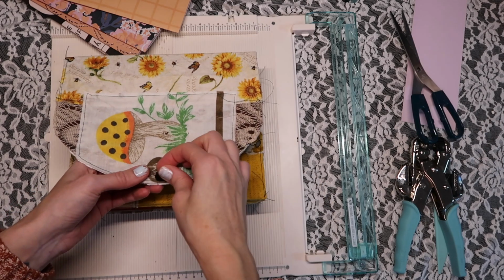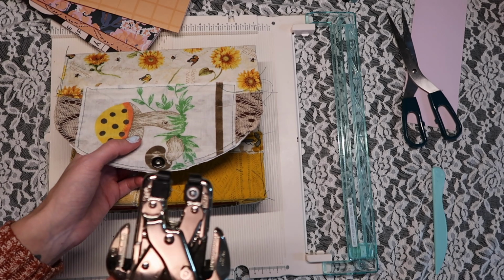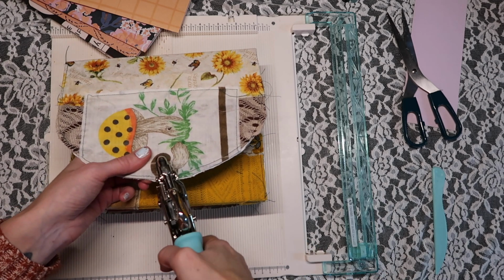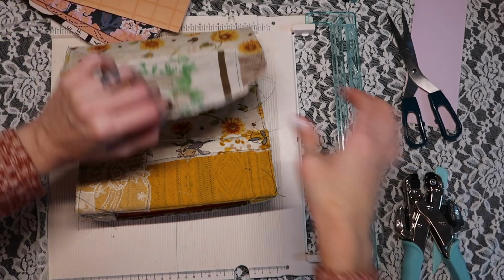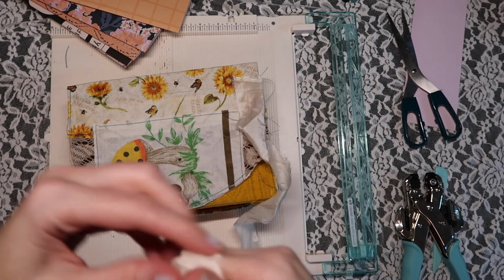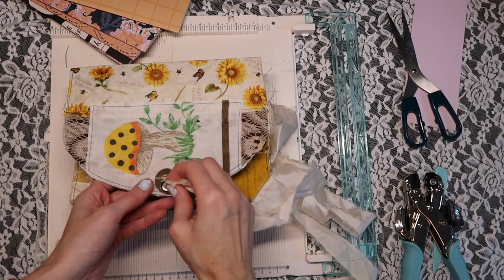And then we'll go ahead and place this here and set it and forget it. Okay. And then I can go ahead and put my pretty satin trim. I had this in my fabric bin, and I'm gonna go ahead and